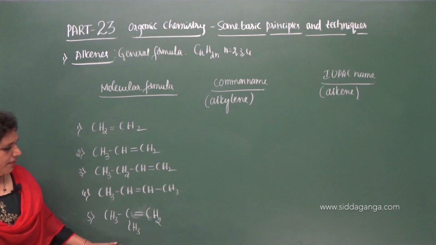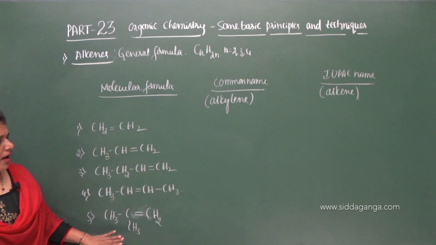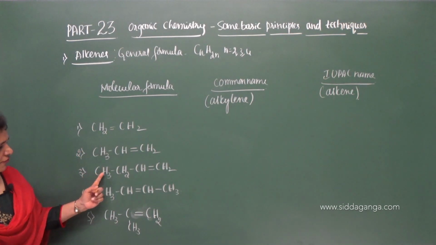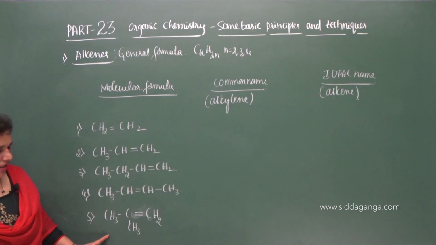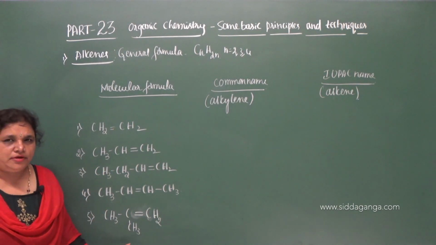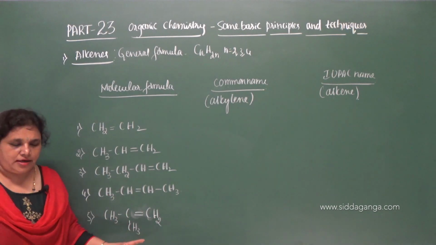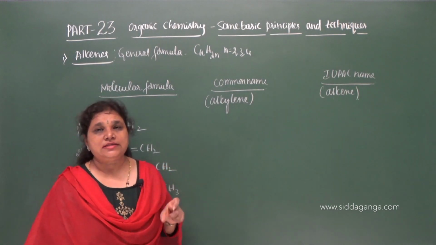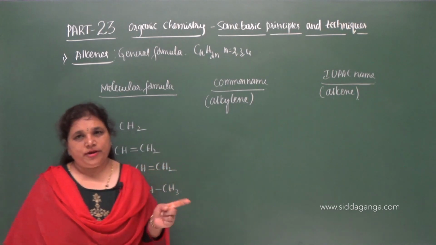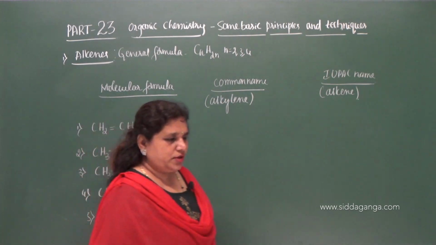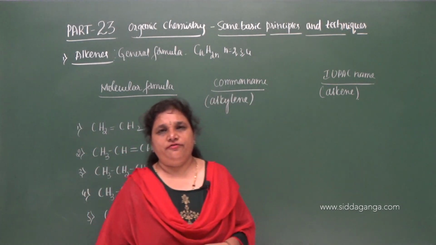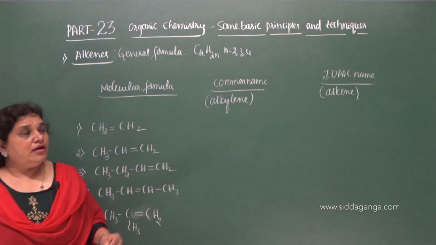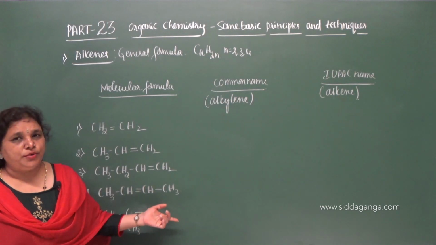So up to 4 carbon atoms I have given the alkenes, and 2 carbon, 3 carbon and 4 carbons are of 3 members I have given. You need to remember the common name and IUPAC name of at least 4 to 5 members of each of the series of organic compounds. So, both common name and the IUPAC name. And as you know, to give the position of a double bond or a triple bond in IUPAC name we are using what? The locants 1, 2, 3 like that.